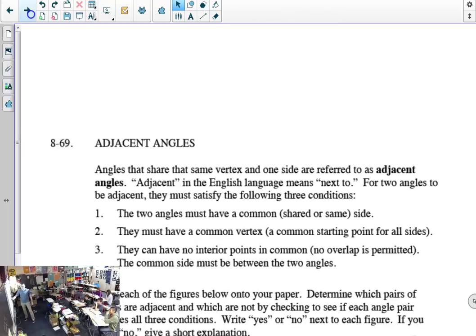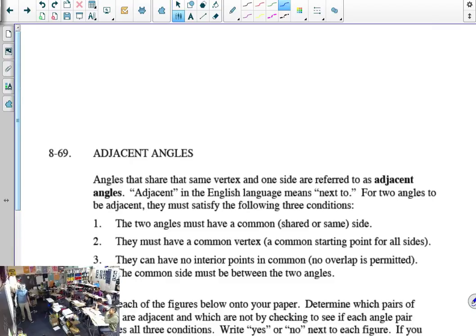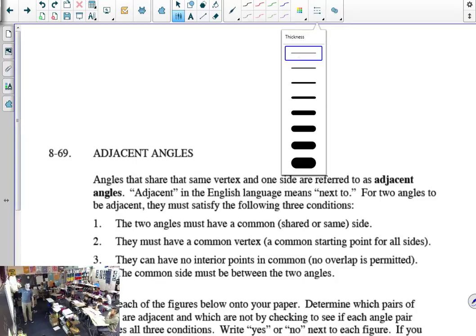So, real quick, because I'm running out of time, I only got 5 minutes left. And not adjacent angle, but adjacent. Now, depending on where you live, your neighbor may or may not be adjacent to you. For a long time, I had multiple neighbors adjacent to me. Adjacent means next to and touching. So if you live in a duplex or an apartment, your neighbor's walls touch your walls. So write down in your notes,